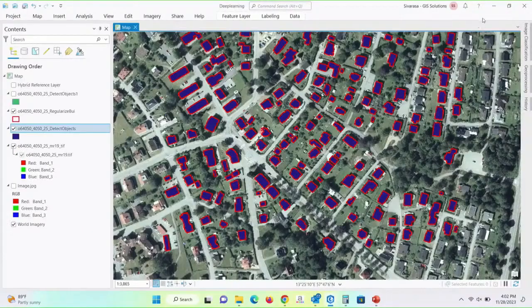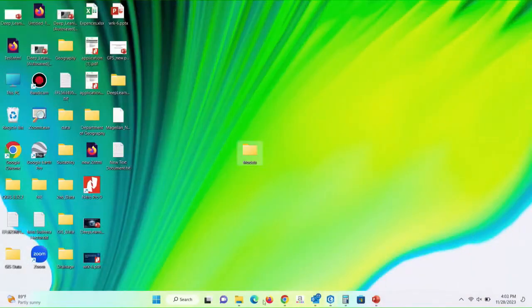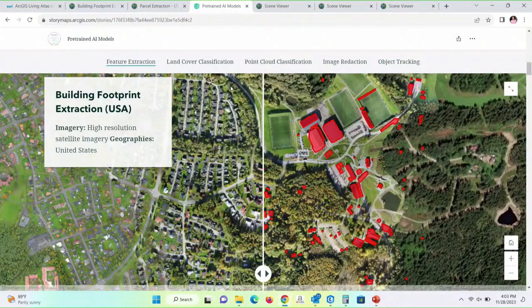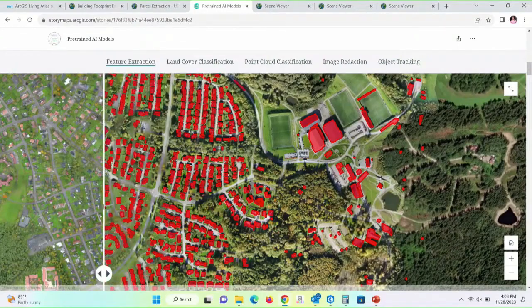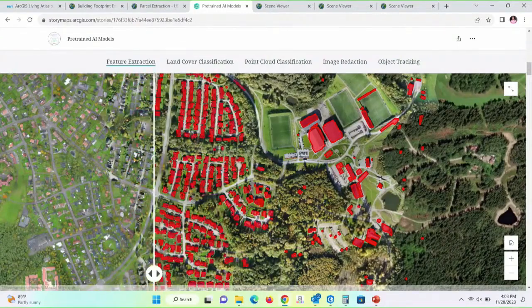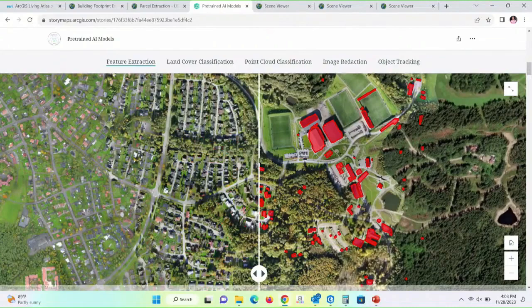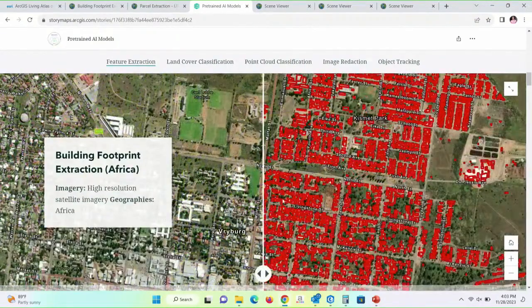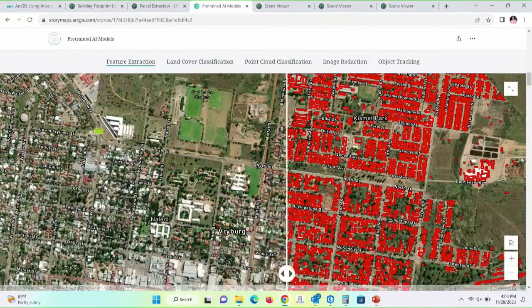So I will just bring you to the live website. So this is the US website. So of course you can see the building footprints. And this one is the African one.